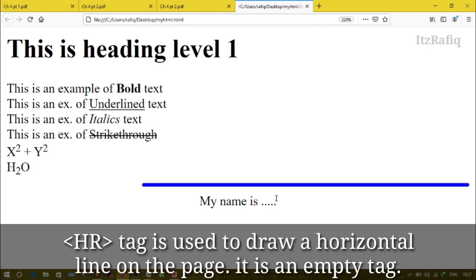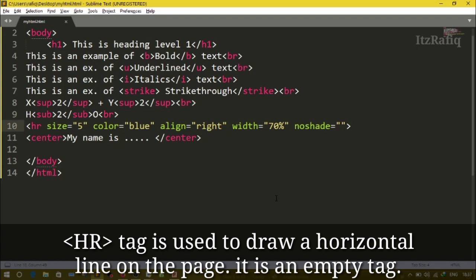Then we have a comment tag. Comment tags are mainly used to give a description of the tags. Whatever we write inside the comment tag, it doesn't display on the page. Actually it is used to describe the code, and these are mainly required when your page contains thousands of lines of code. Sometimes it is very difficult to manage the code, so you can write some comments about why you are using that code.